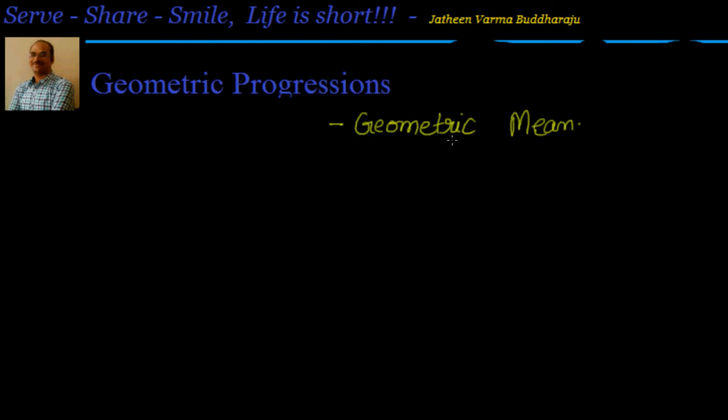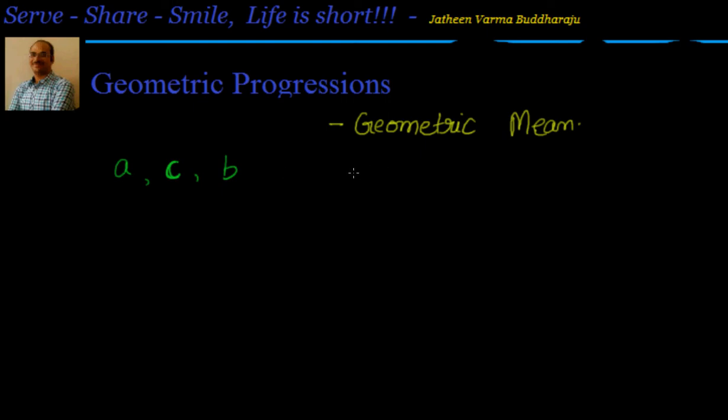In this session, we will look into what is geometric mean and how to find it out. Let us say there are two numbers a, b. So, the geometric mean of a and b is nothing but, let us say suppose it is c. Then the c value is such that a, c and b are in geometric progression.